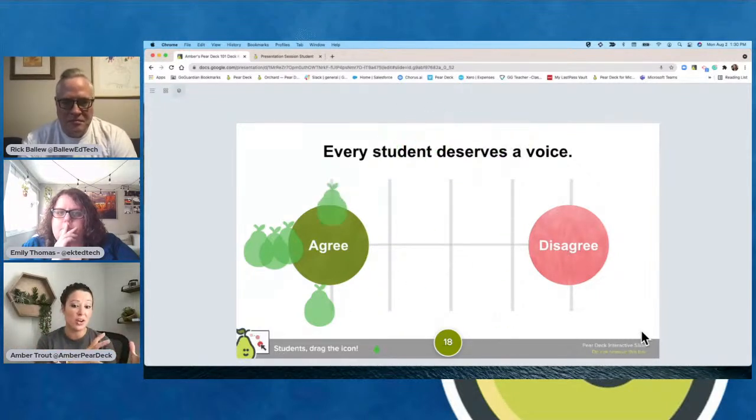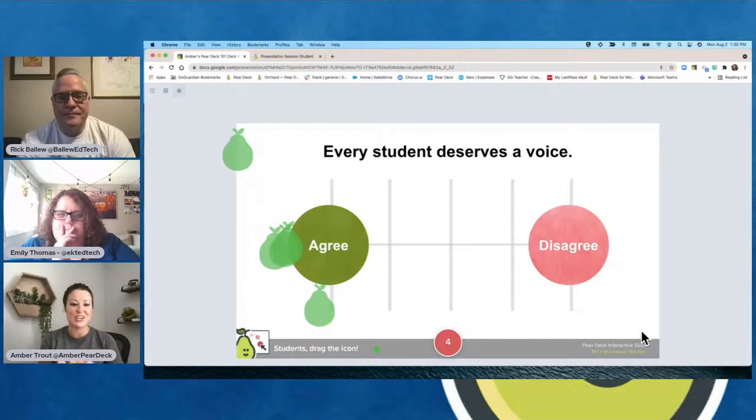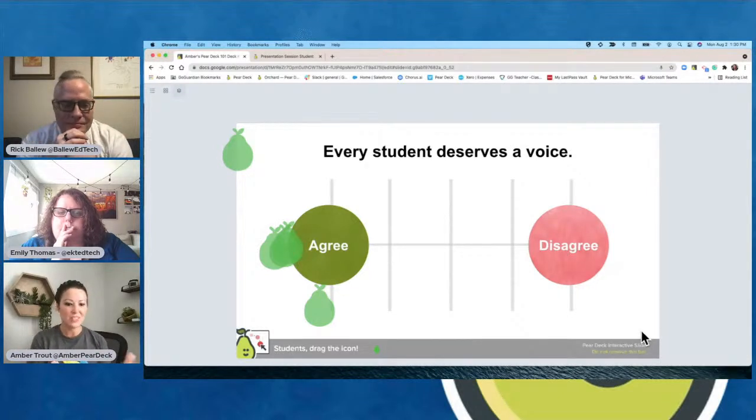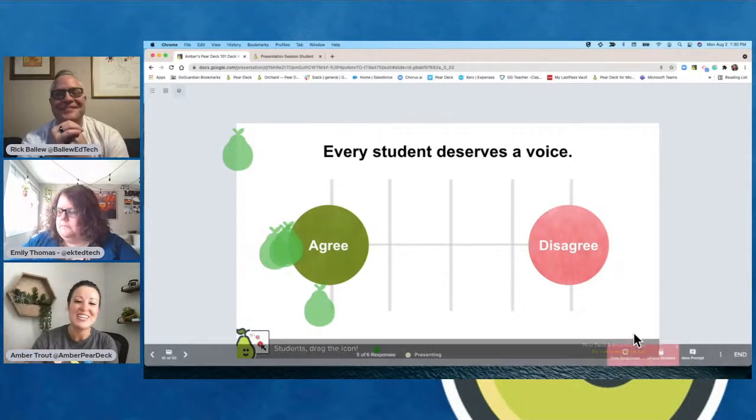Now, this is a really great little tool because it's not just for older students who know what time is, but for younger students that don't, it's like a little stoplight. It starts at green, turns yellow, turns red, so it even gives visual cues to those kids like, get it where it needs to go. Timer's going off. So you're going to see as soon as it goes off, it locks up screens, and nobody can continue moving it. So it's a really great way to manage your time instead of being like, okay, all right, let's keep going.